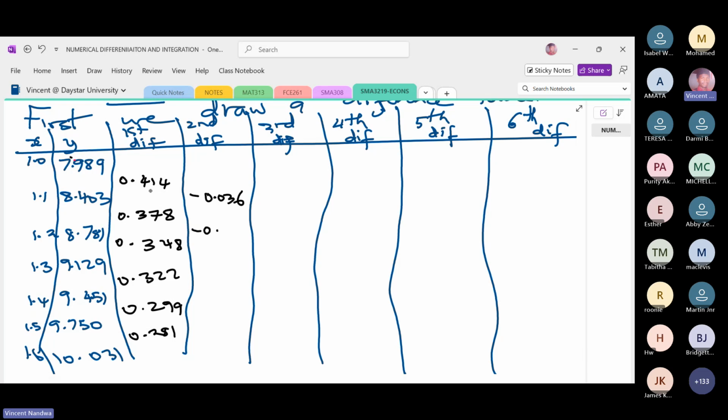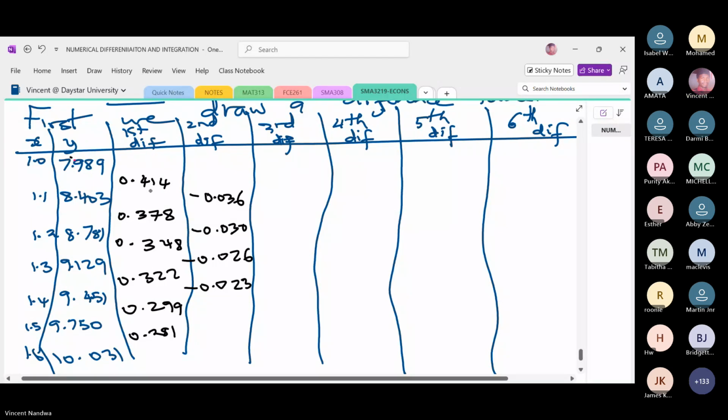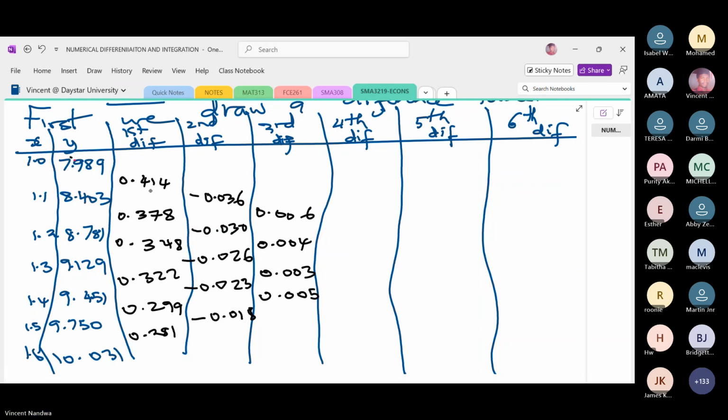So 0.030, 0.026, 0.023, minus 0.018. Then next here is 0.006, 0.004, 0.003, 0.005. Then we have minus 0.002, minus 0.001,